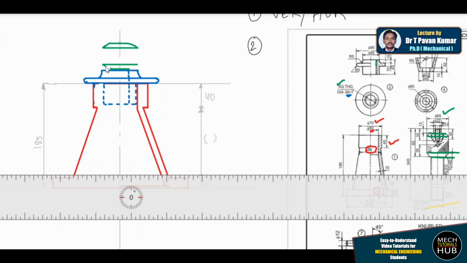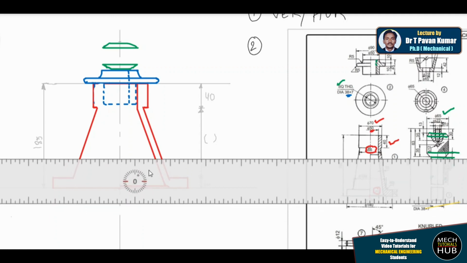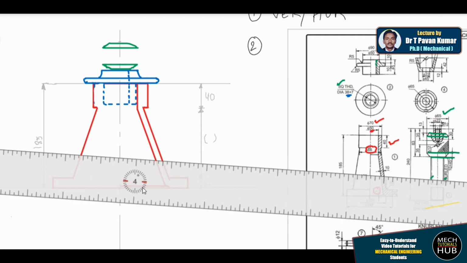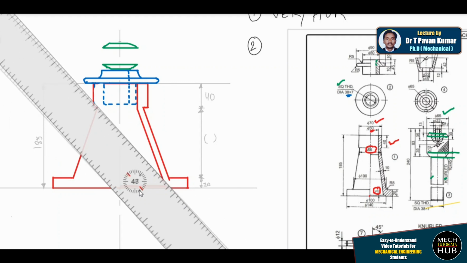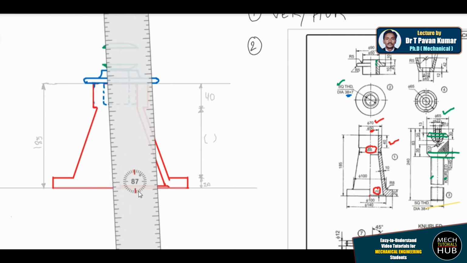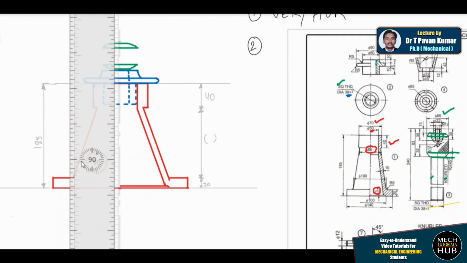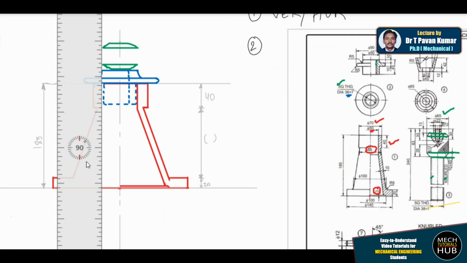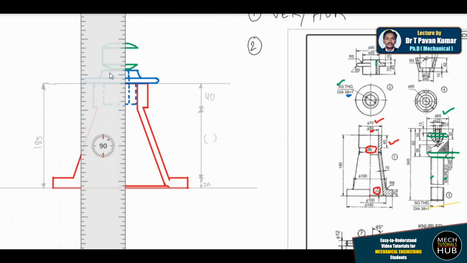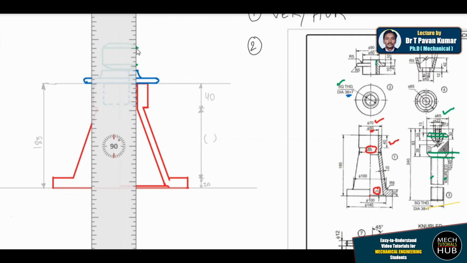And this line, done. Alright, then I make it vertical. Okay, here I join so that you get the shape of that particular part number 3. This is how you get it.